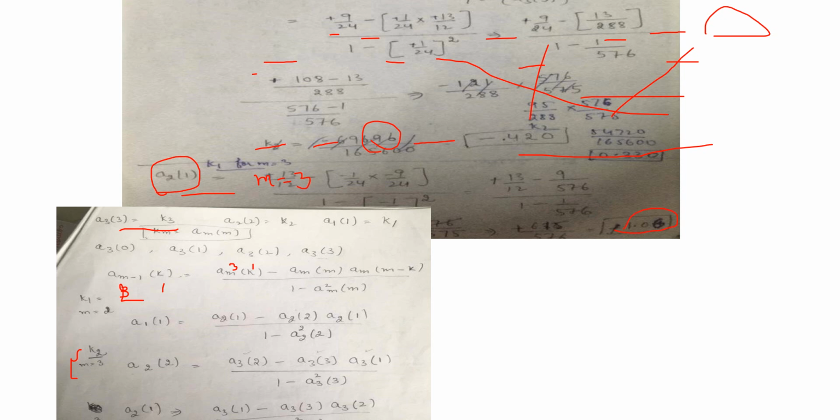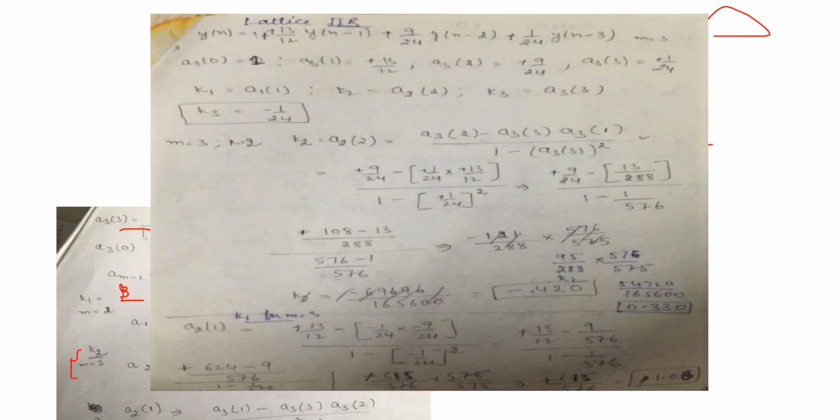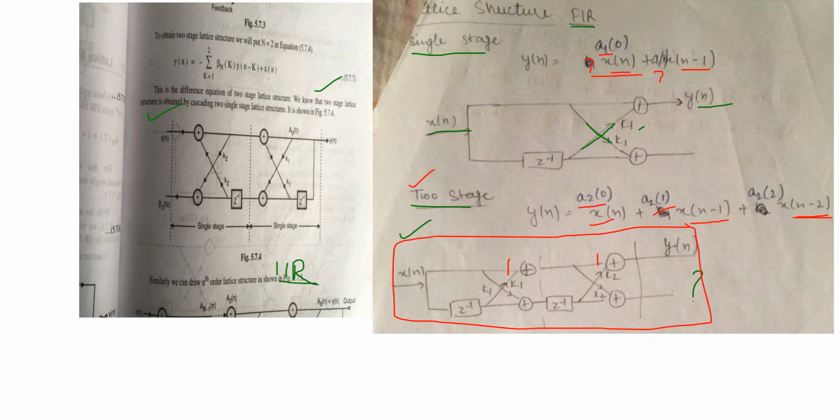So this is an order 3 filter, which means 3 stages will be there. If there are 3 stages then you need the values of K1, K2 and K3. Remember the difference between IIR and FIR filter. Okay, this diagram is for the FIR filter. So you need K1, K2 and the next stage is for K3 because the order of filter is 3. Okay, if an IIR filter equation is given then you have to draw this diagram. If an FIR equation is given then you have to draw this diagram.